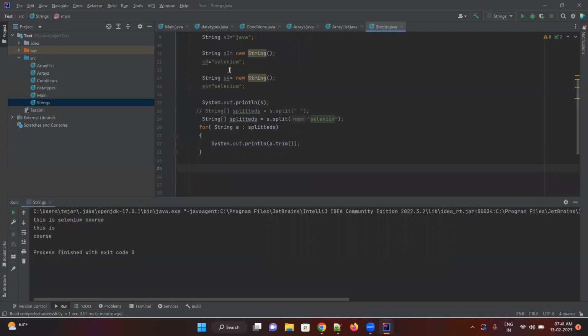Let's take S3. If you clearly observe, these S, E, L are characters. If I define a single one, it's a character. So a string is nothing but a sequence of characters, a sequence of words. Now if I want to extract each character,